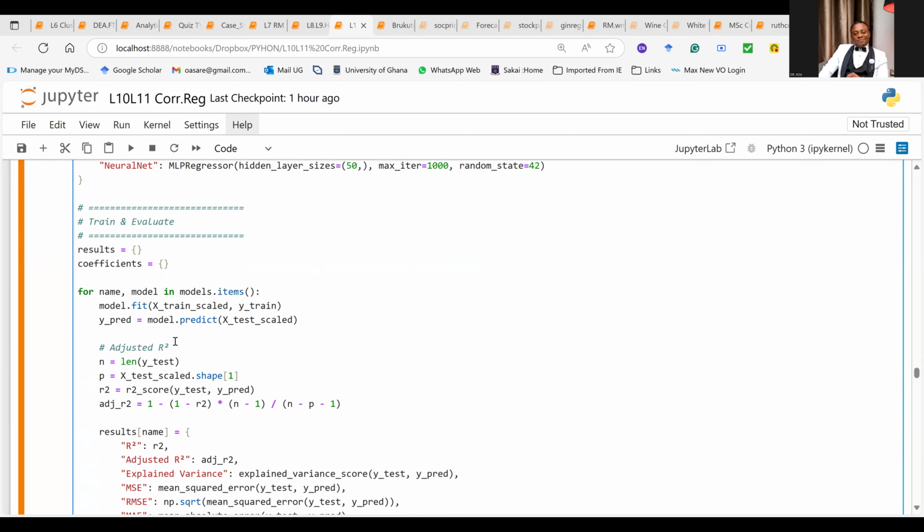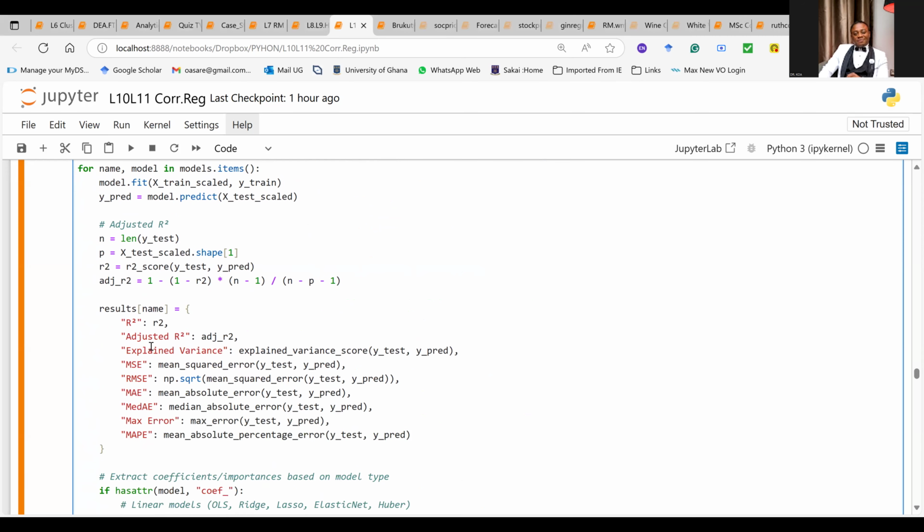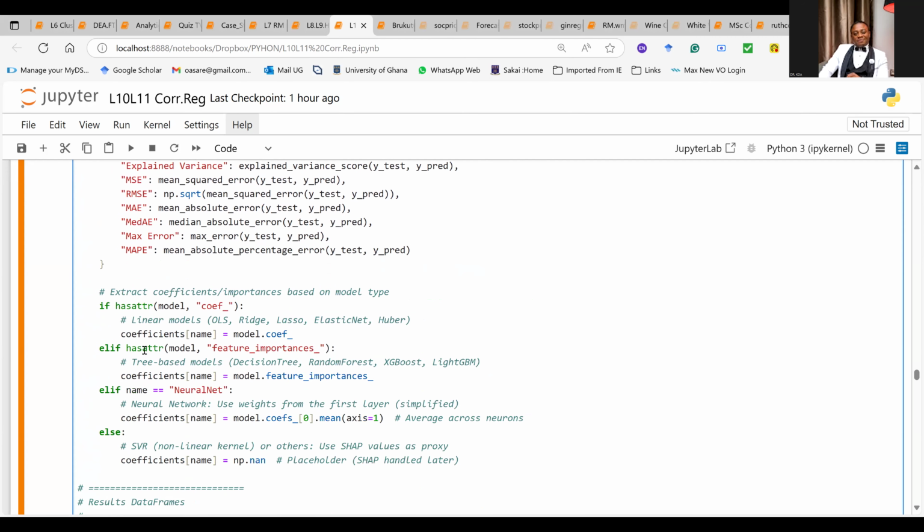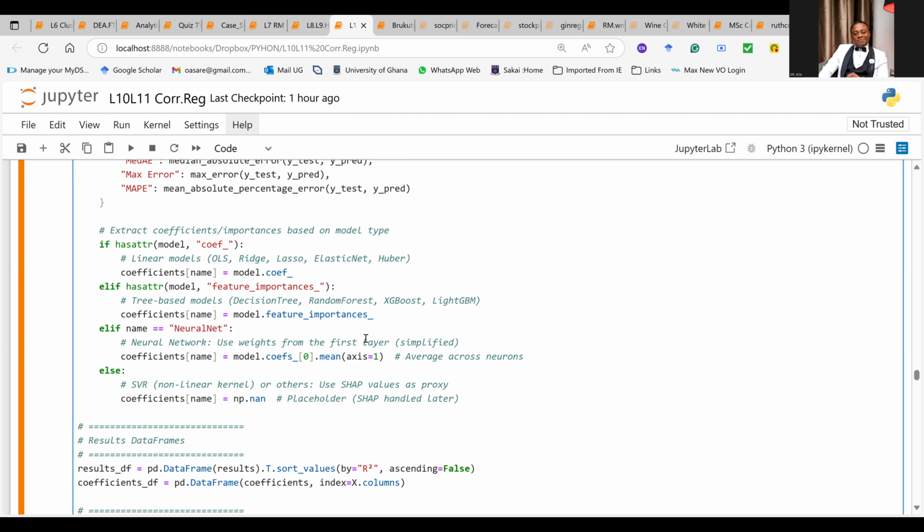So you write the adjusted R-square formula and you extract the coefficient. If you check carefully, I'm extracting the coefficient for the OLS, for the lasso, for the ridge, for elastic net, these are all the linear models. But when it comes to the tree-based models, I'm not using the coefficient.